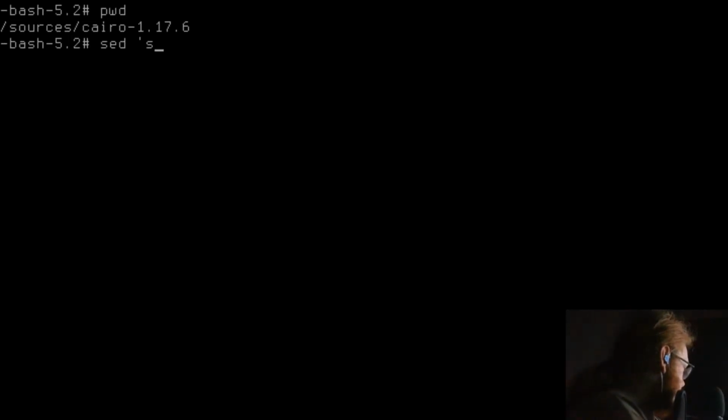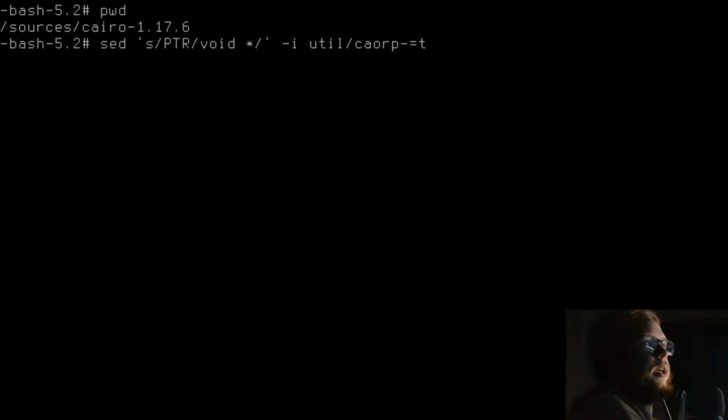sed -s/ptr void *'/ -i util/cairo-trace/lookup-symbol.c